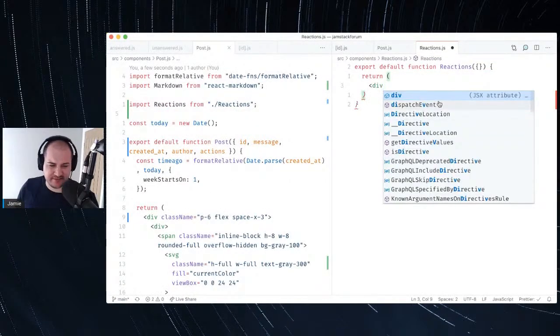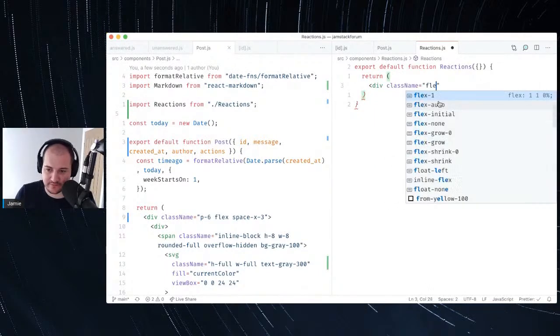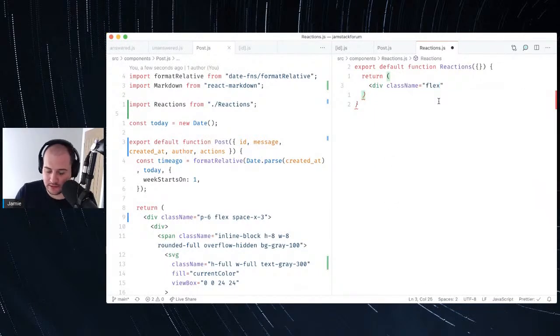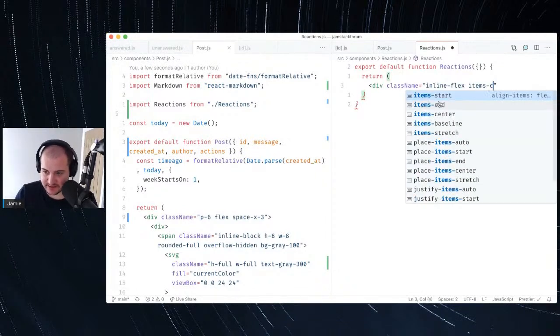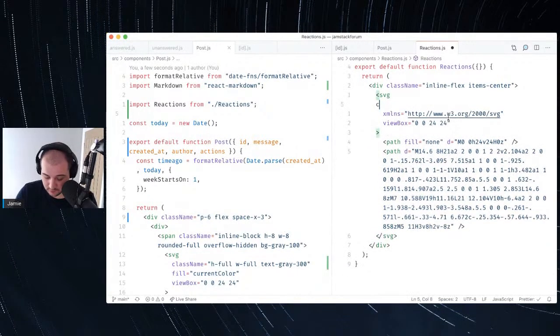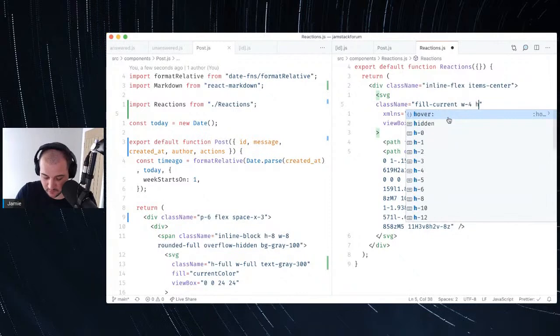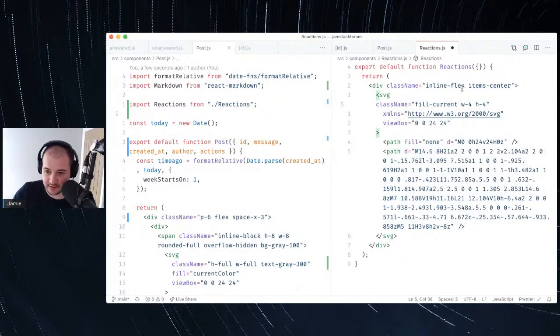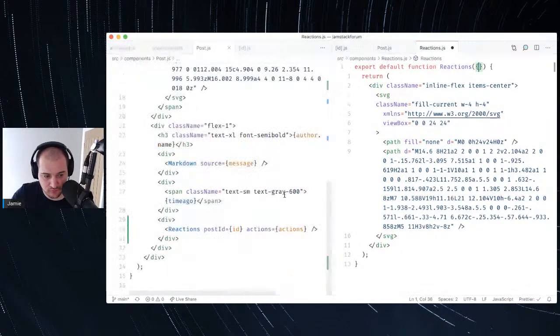So we already have a div, don't we? But we'll do div flex, inline flex. Let's say items center. And let's paste this SVG here. We'll get rid of the default width and height, add a class name of fill current. Now we will change the color, and we'll say width is 4, height is 4. And then this reactions,